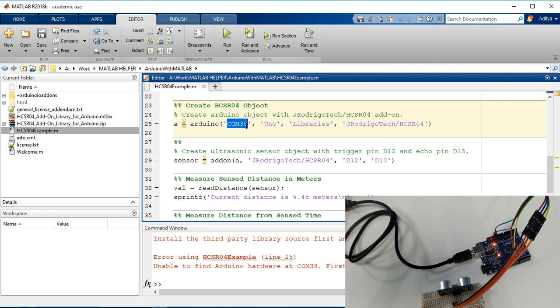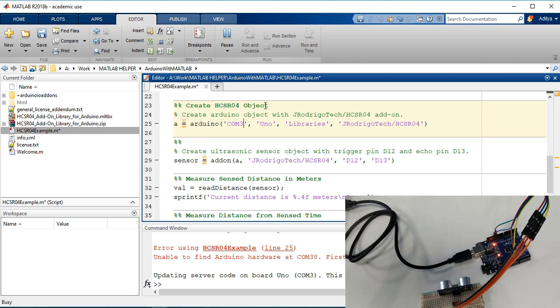The COM port is 3, and run the section again. It says it's busy, and again it's updating the server code on the Uno board. Okay, so it's done this time quickly.